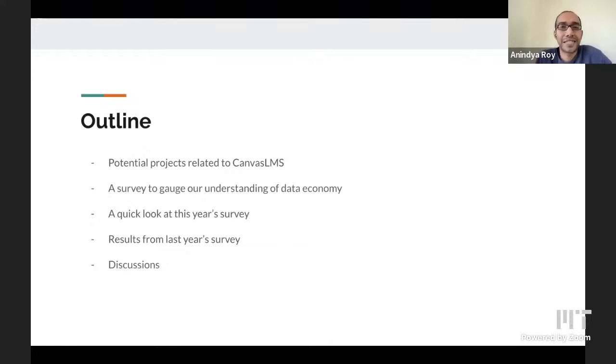In fact, what is it? If you're not familiar with the term, part of that would be self-explanatory from the survey. After you are all done with the survey, we'll take a quick look at what we get from last year's results. And then we'll have a long discussion phase where we'll talk about various related topics. Any questions so far?